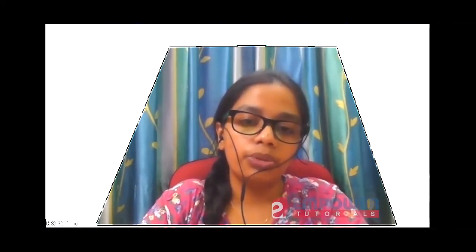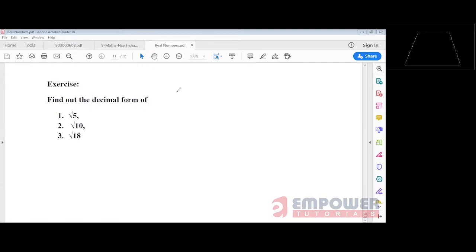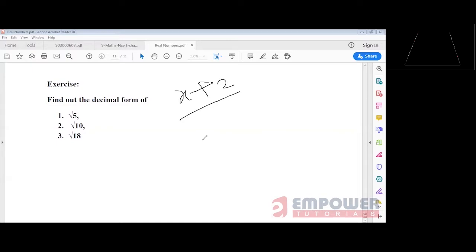Now we will see how we do operations regarding rational and irrational numbers. The addition and subtraction of rational and irrational numbers is similar to the rules that we use in the case of variables. Can you add x plus 2? Can you add these two numbers? No, ma'am. Can I add x plus y? No, ma'am.